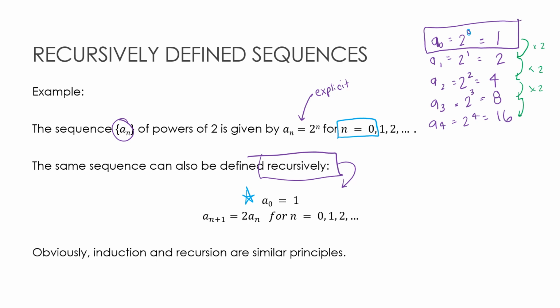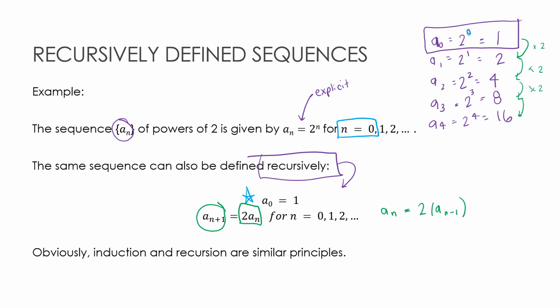So how do I write that? I say to find the next value in the sequence, I'm going to take 2 times the previous value. And of course I could have written this as a_n equals 2 times a_(n-1), which is really saying the exact same thing. That to find the next value in the sequence, I'm taking the value before it and